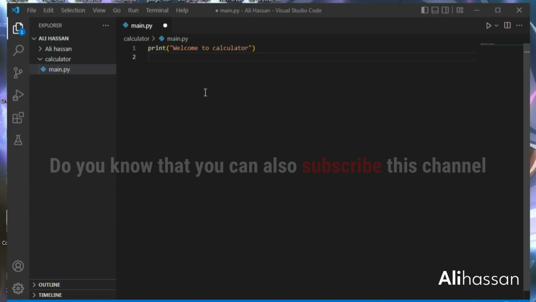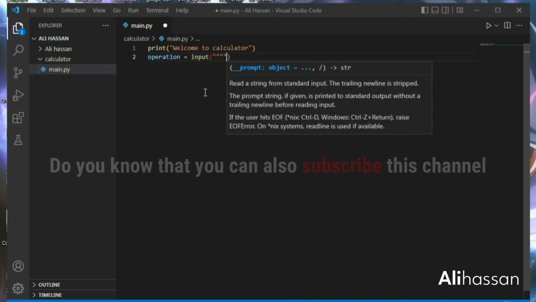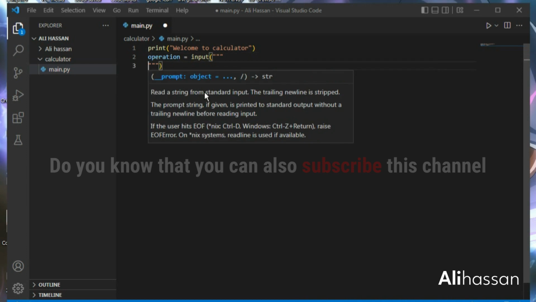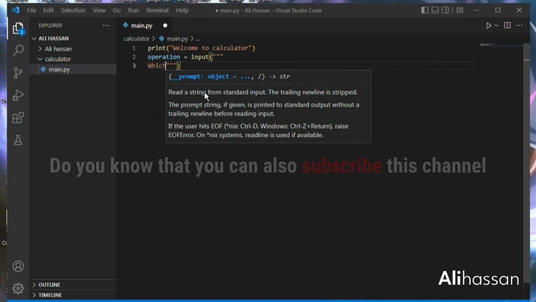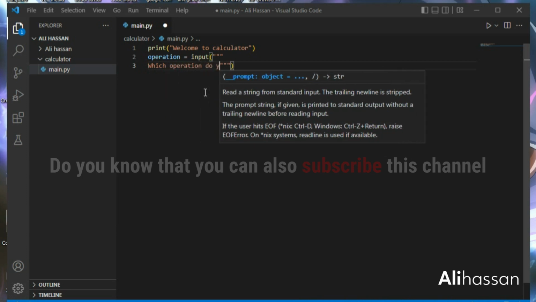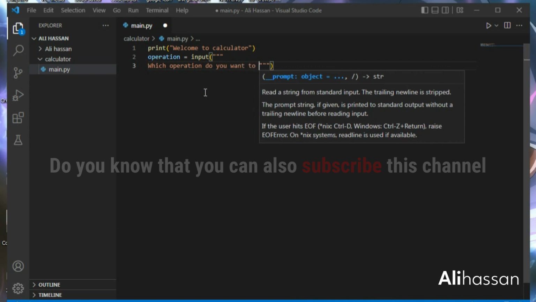and here I will be taking an input from the user of this calculator about which operation he wants to perform. So here I will input and print multiple lines. I will write here, which operation do you want to perform,